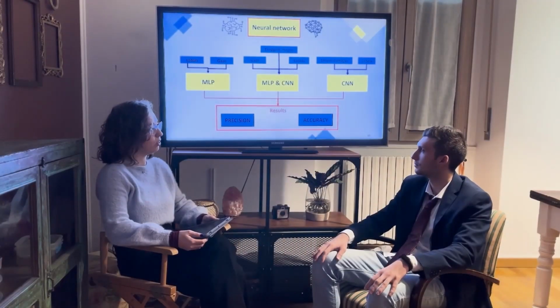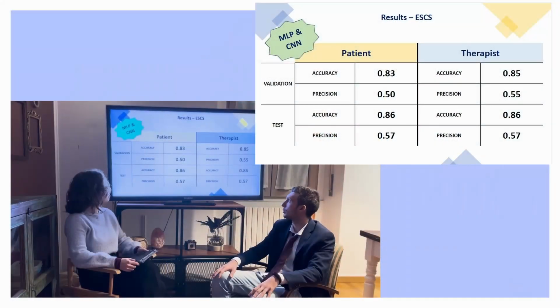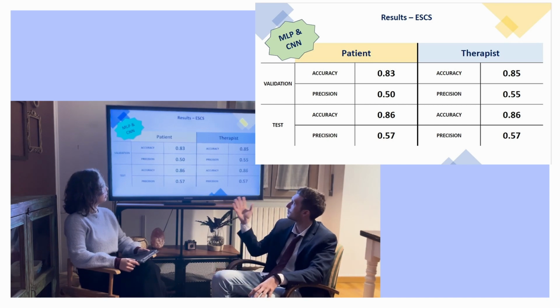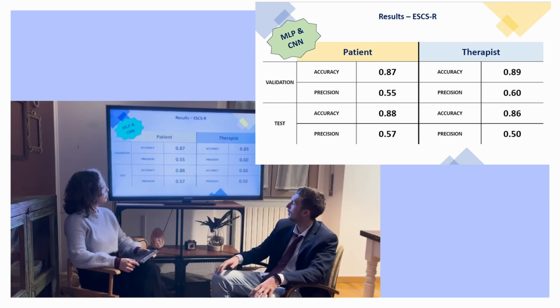So, finally, which are your results? We trained our model, that is a union of a multi-layer perceptron model and a convolutional neural network, and we computed some metrics for the acquisition without the robot, both for the test set and the validation. We can see the metrics, that are accuracy and precision, with a mean for accuracy of 0.86 and for the precision of 0.55. In the other slide we can see the acquisition with the robot, with similar values of metrics,